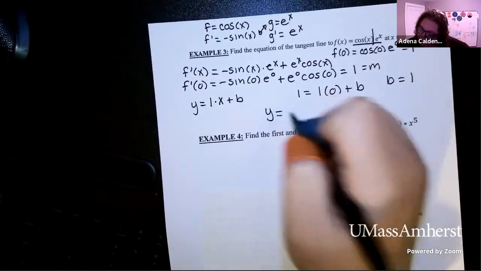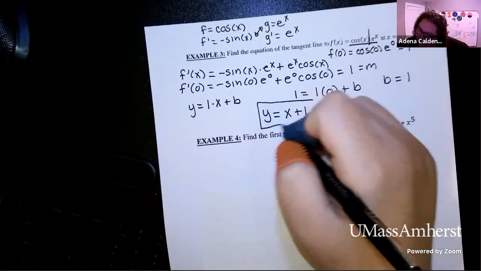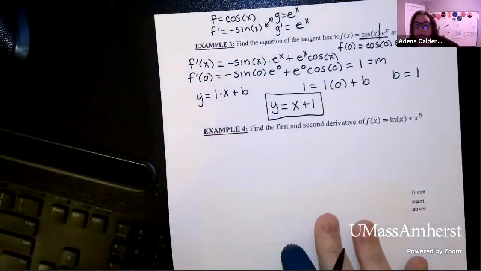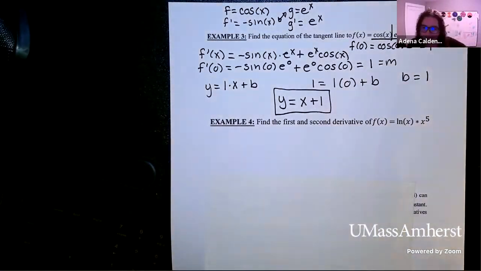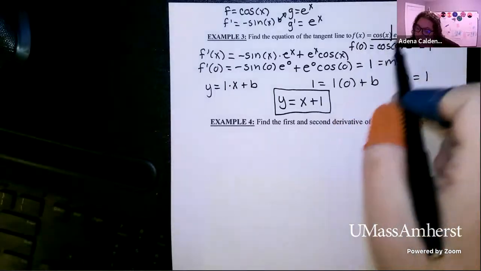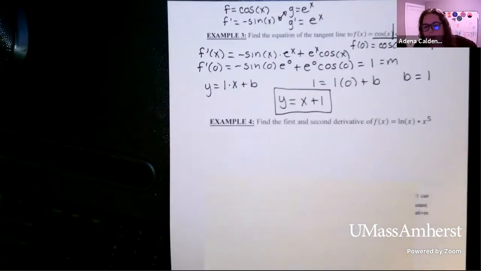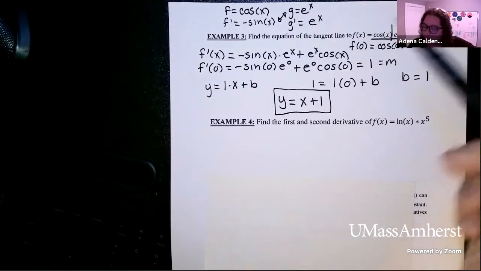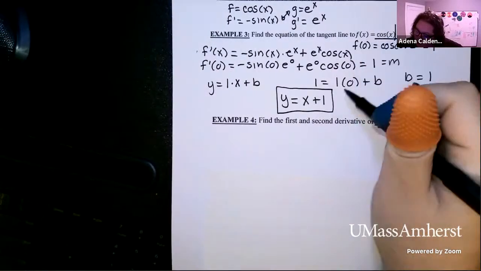So my final equation of the line is y equals x plus 1. So again, the equation of the tangent line, this process is always the same. What's changing is the derivative because we're doing different types of functions here, but the process is the same. Find a point, find the derivative, find the slope, put it all together, and you get the equation of your